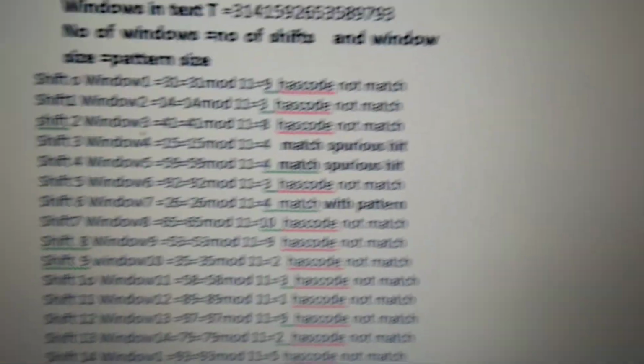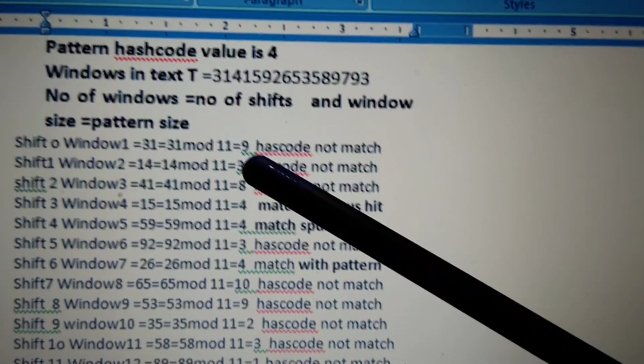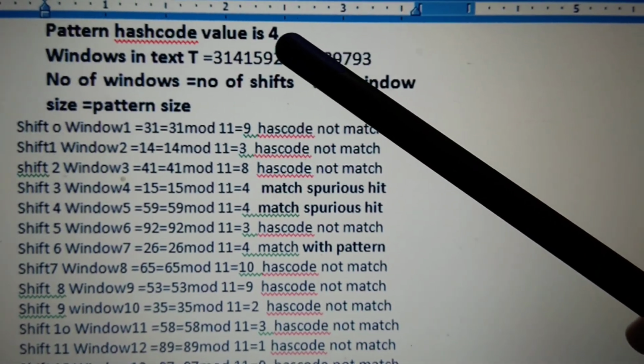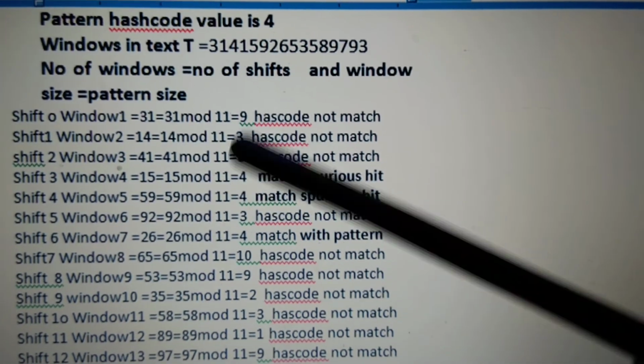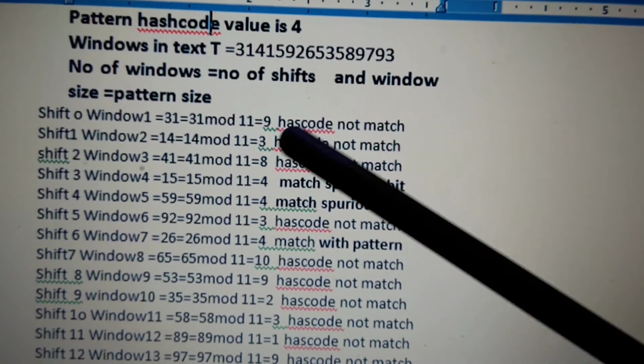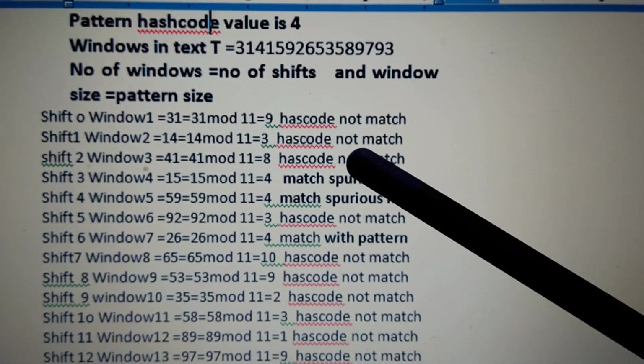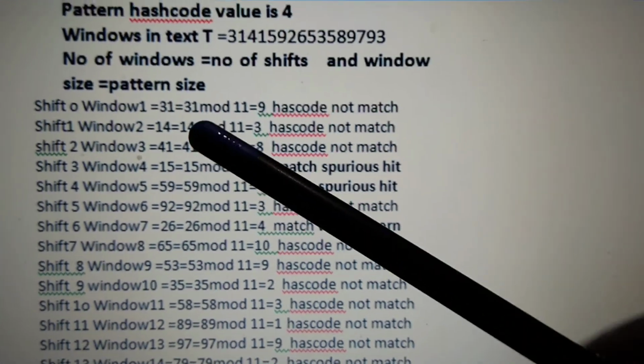In the RK algorithm, first we find the hash code for the window, and once we find it, this hash code is compared with the pattern hash code. Here the pattern hash code is not matched with the window hash code. If the hash codes are not matched, there is no question of verifying the individual characters, so go for the next window.